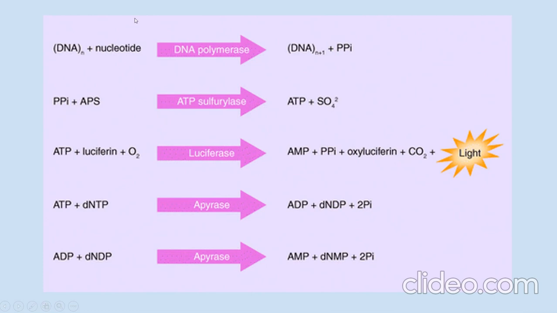Now these are the reactions involved in this process. When we add a nucleotide, it releases PPi, pyrophosphate. Then that pyrophosphate with APS, adenosine phosphosulfate, with ATP sulfurylase enzyme gives ATP, and ATP with luciferin in the presence of luciferase enzyme is converted into oxyluciferin and produces light, from which we can detect the incorporation. And in these reactions, the apyrase enzyme degrades the remaining